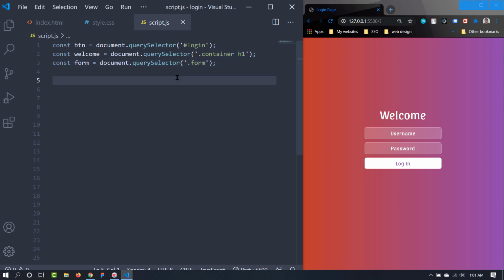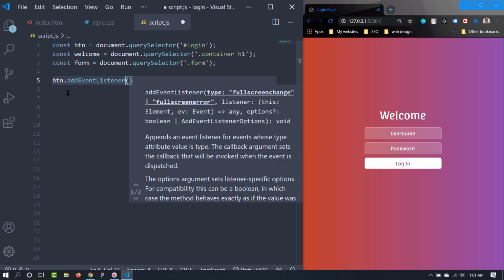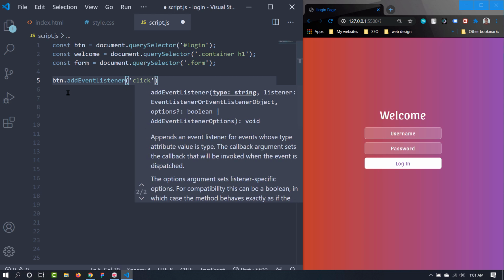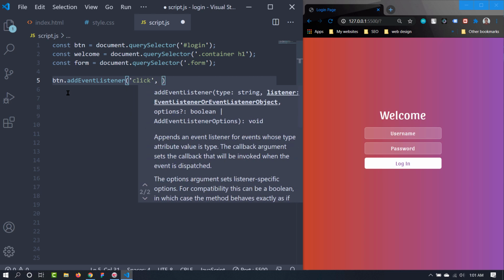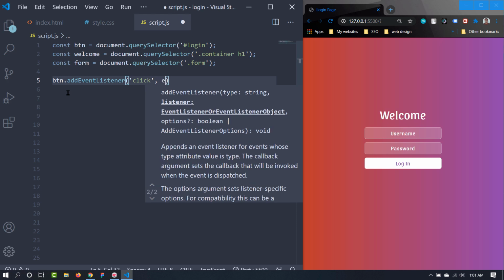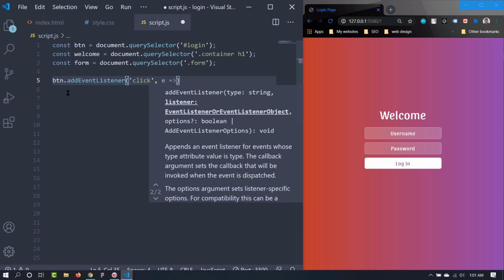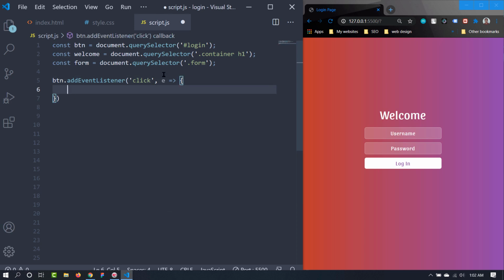Now let's move on to our function. We want the animations on when we click on the login button, which we have got by the query selector in this constant or this variable. So btn, we are going to add an event listener with it. When we click on that, the event is click, and something will happen. We need to add a callback function inside it, so we can pass some arguments inside the callback function. Let's add an event argument inside it, and this is our function. I have used an arrow function here. We can do that in ES6.